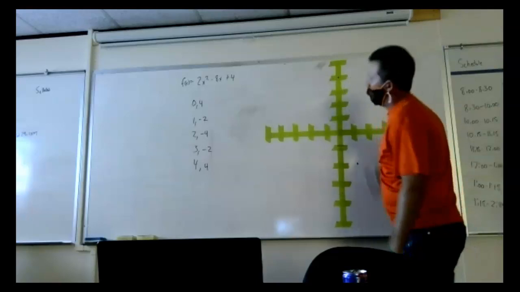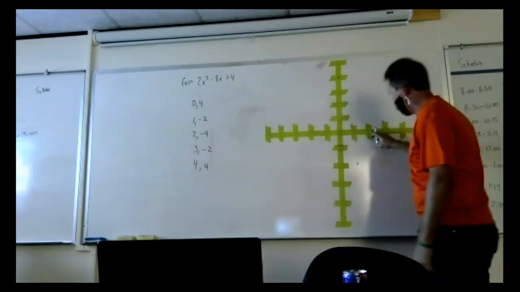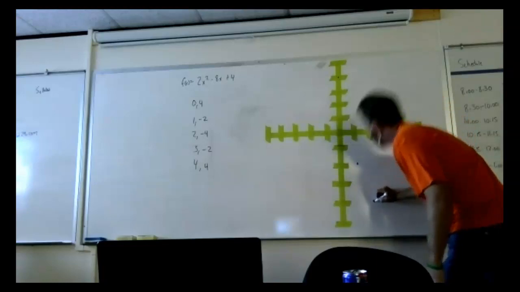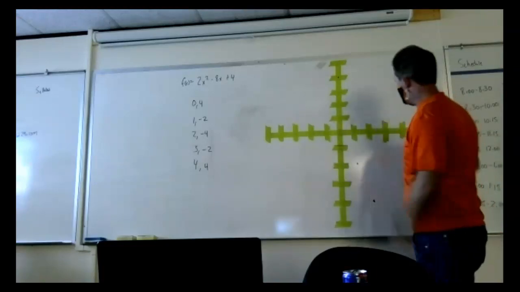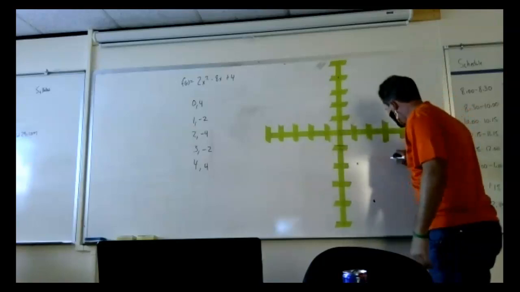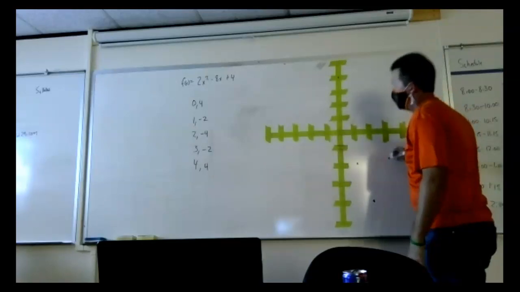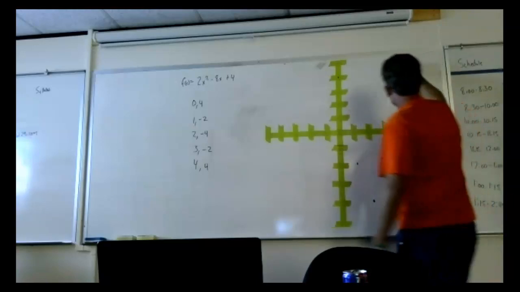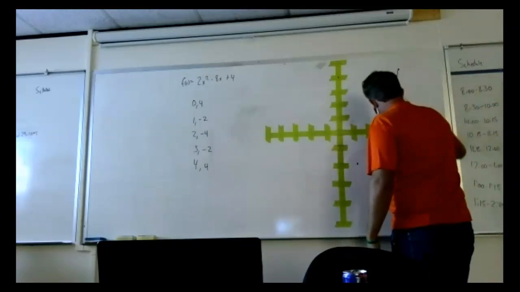So I have a point there. At 2, I have negative 4. So I have a point there. At 3, negative 2, I have a point there. And at 4, 4, I have a point here. And my parabola